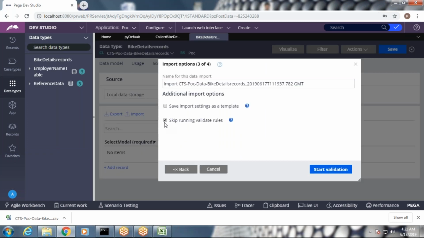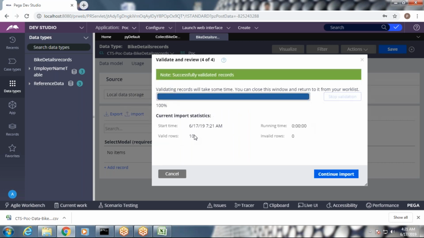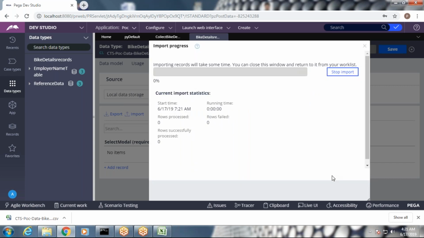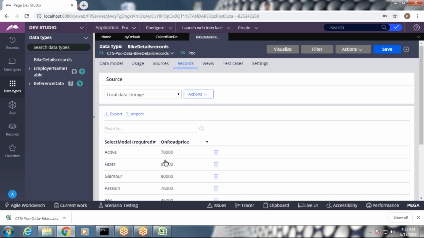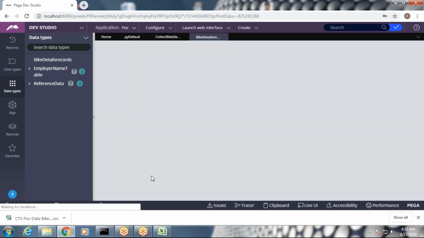Skip these validations, uncheck the checkbox and start validations. Validate 10 records and continue to import. Finish. Okay. These are the records, right? So now I'm going to save this data table.